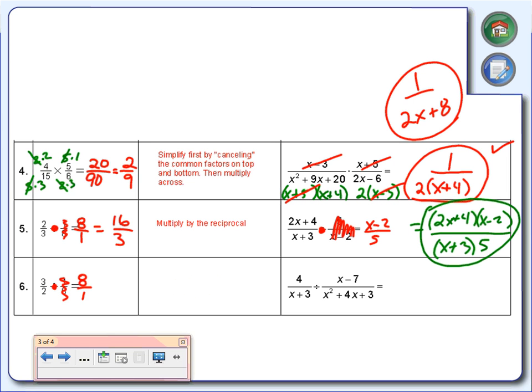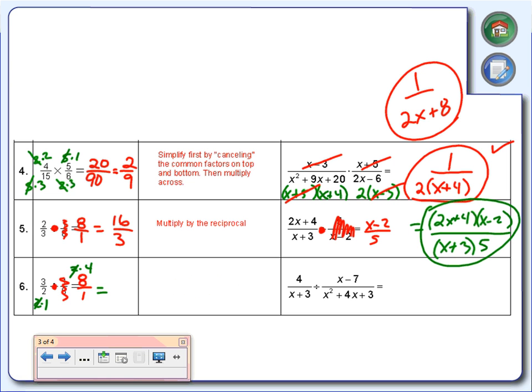Now we saw this occur earlier. I could go ahead and multiply straight across and then reduce the fraction. Or if you're really paying attention, you'll notice there's a 2 and an 8. That means they share a common factor. Notice how 2 can be written as 2 times 1. Notice how 8 can be written as 2 times 4, which allows me now to cancel out those common factors,